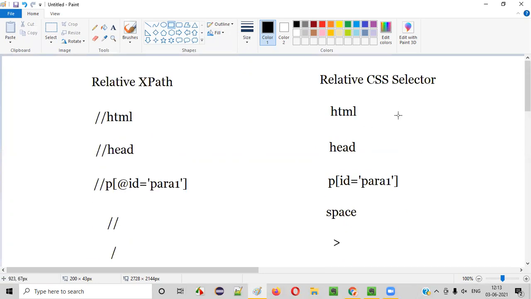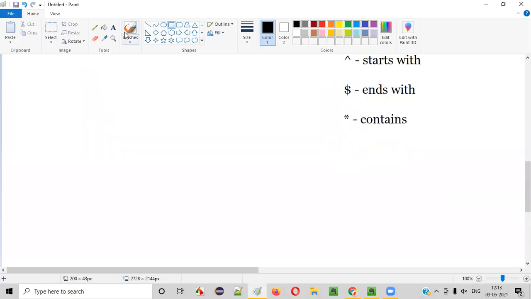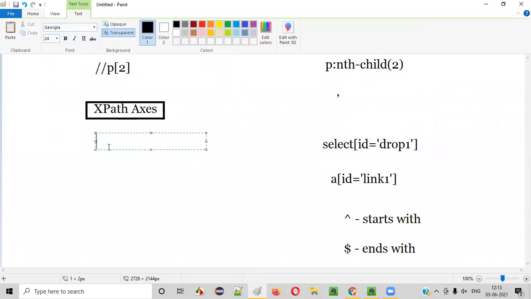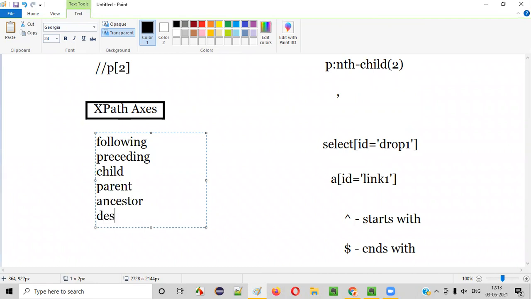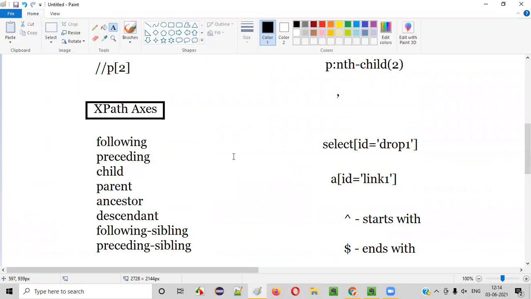But in case of CSS selector, we only have this following sibling option available, guys. In relative XPath there are a lot of axes possible: following, preceding, child, parent, ancestor, descendant, following sibling, preceding sibling. These are the different XPath axes we have. 1, 2, 3, 4, 5, 6, 7, 8 are there.